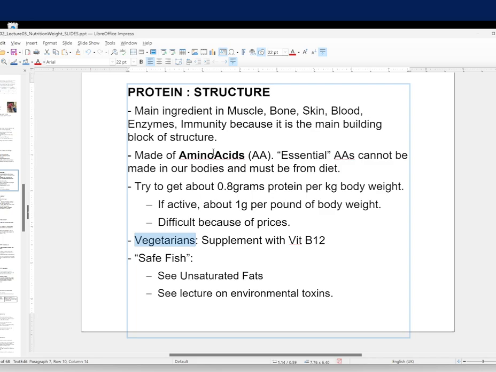And vegetable proteins are low in vitamin B12, which you need to live. So for vegans, especially vegans, you should get a vitamin B12 supplement. Ask your doctor. Fish is a great source of protein, and I will talk more about sources of protein in